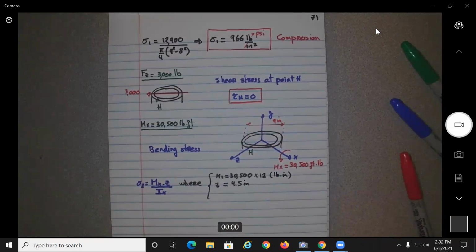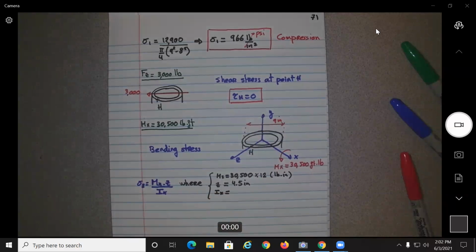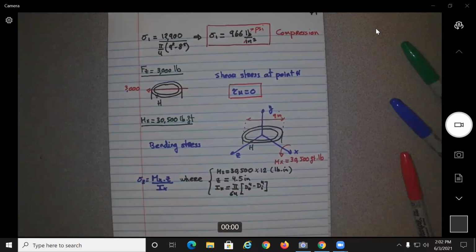We need to multiply by 12, so that we're going to get pounds per inch. See, before I forget. And now the last one, the Ixx for a circular cross section. This you don't need to know. If you have it on an exam, it will be given to you. The equation is pi over 64 of the outside diameter to the power 4 minus inside diameter to the power 4. And I don't have the result, but I have the final result. So if you substitute,